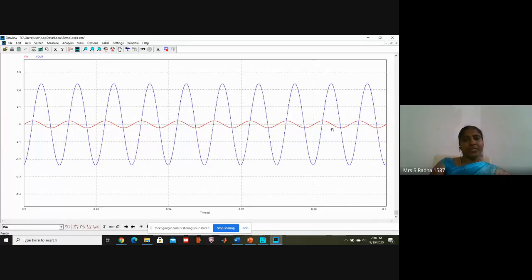Still, if you practically tune the values and do some calculations based on that, fix the values, a more proper output can be obtained. You can see the blue color height of the waveform is more. Amplification means the input height is very small, red color input height is very small. The amplified version is blue color. Amplifier means increasing the height of the waveform. So this is about the amplifier.